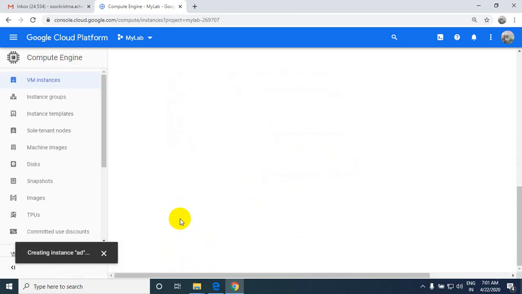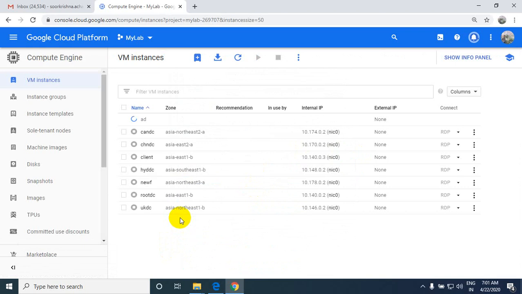It will be created, just wait. Okay, so see, this is the instance that has been created, which I've named AD.